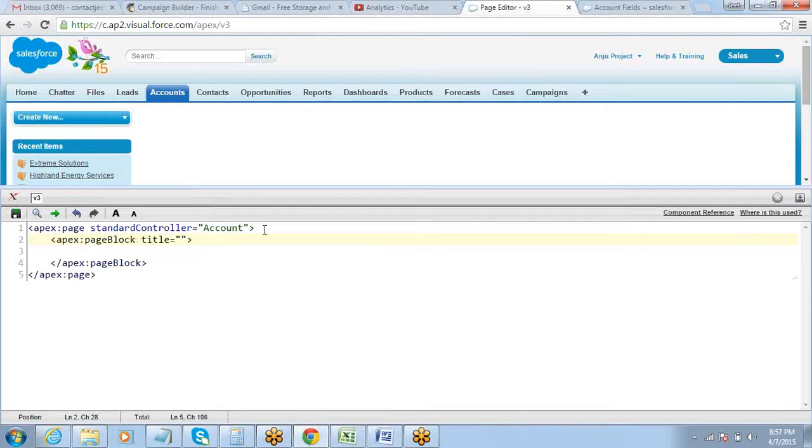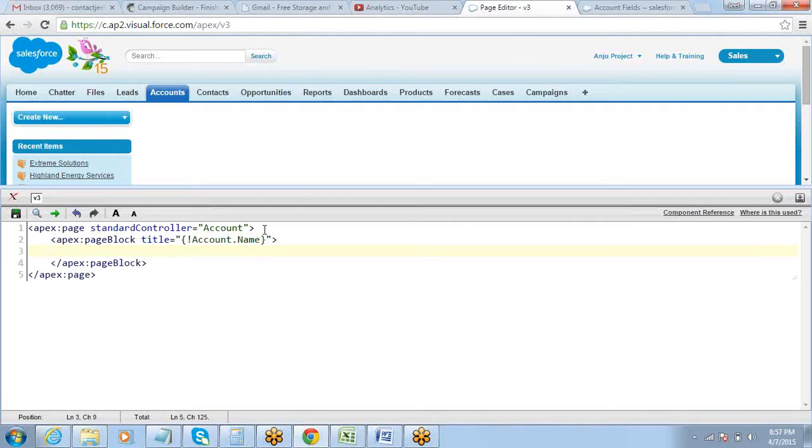In the previous page we used the title and we defined a static title. If I want account name to appear as the title, then inside that title you can just write this one. As simple as that. Fine. Now the account name will appear as the title.